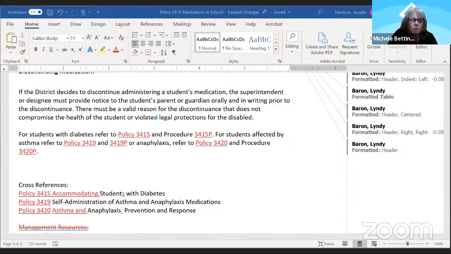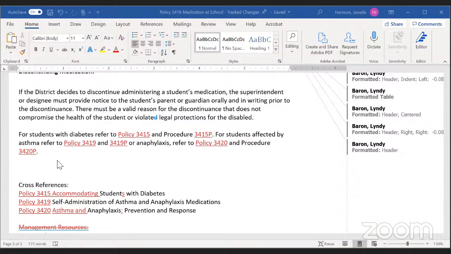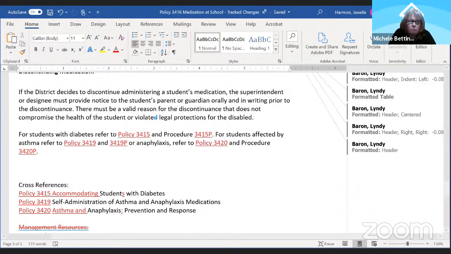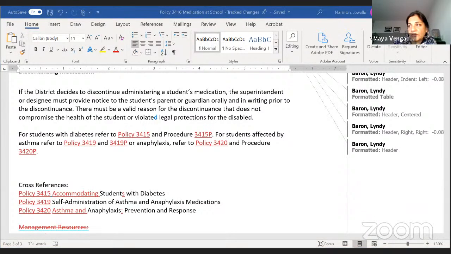Yes, and I know that OSPI is going through all of their updates right now, since they have new representation in the health services area. So they're going through all of these things also. We just noticed that nasal spray never did get taken off, and it should have been, because it is a delegatable item now. Okay. Right. Thank you. So before it comes back to second reading, we'll have all that information.